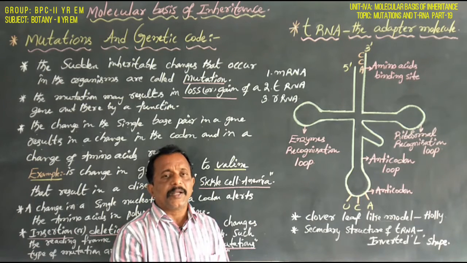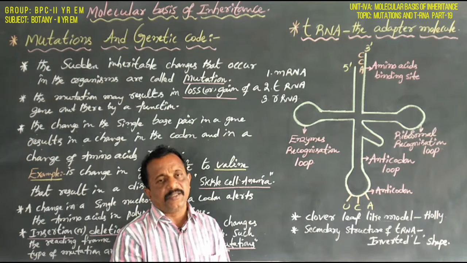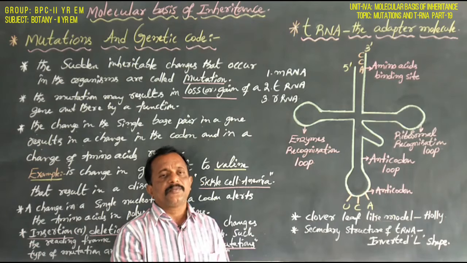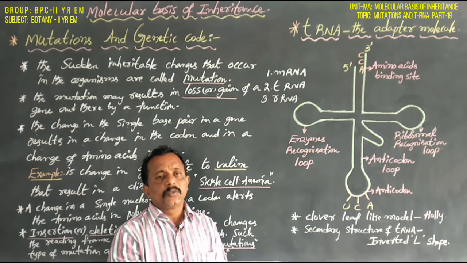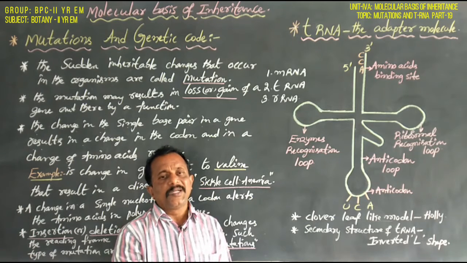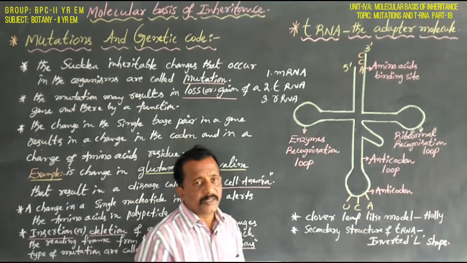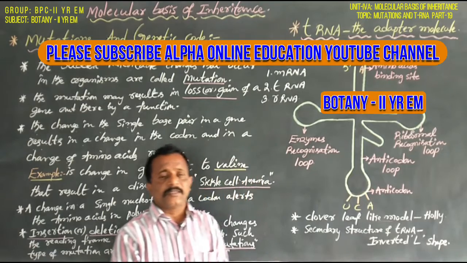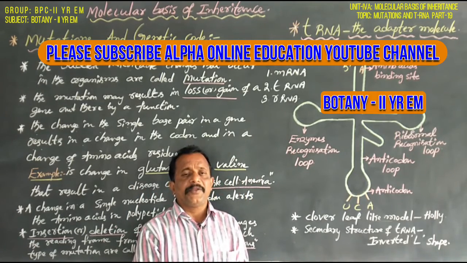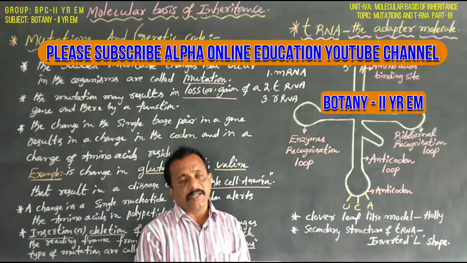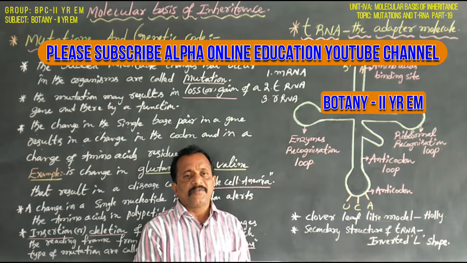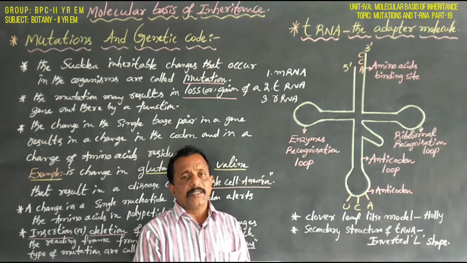Anyhow, all three types of RNA are involved in protein synthesis, which is carried out in two steps: first transcription, second translation. Here we mainly focus on tRNA in the protein synthesis process. tRNA is also known as smaller RNA, soluble RNA, adapter RNA. mRNA, messenger RNA, always provides the template from DNA.